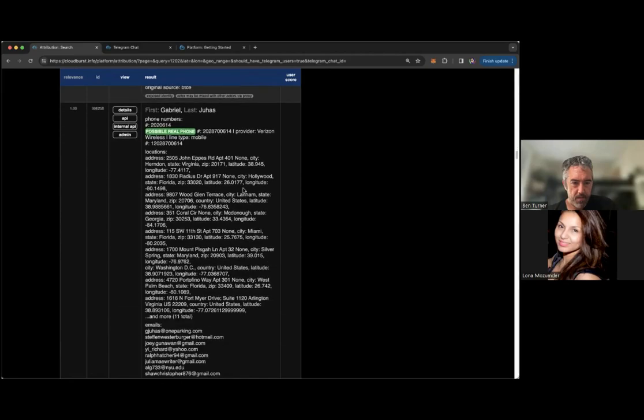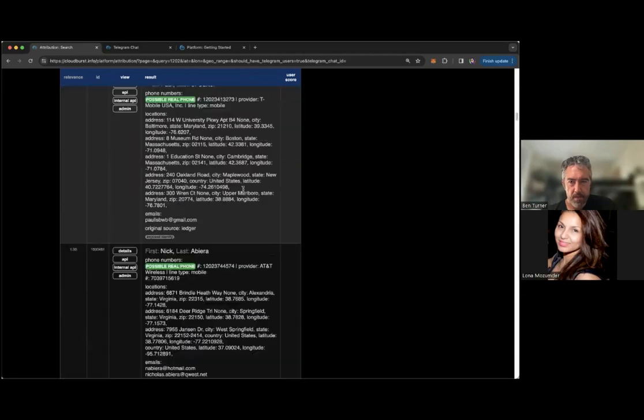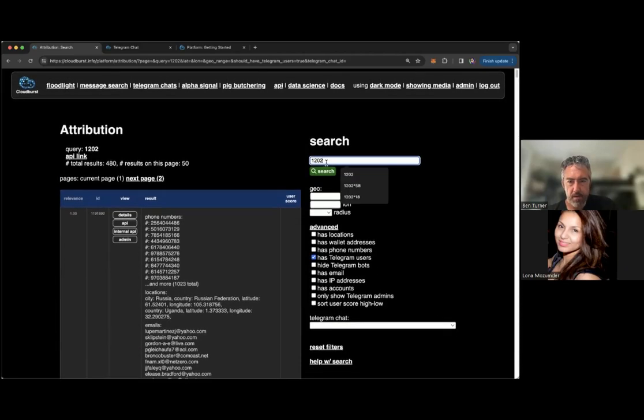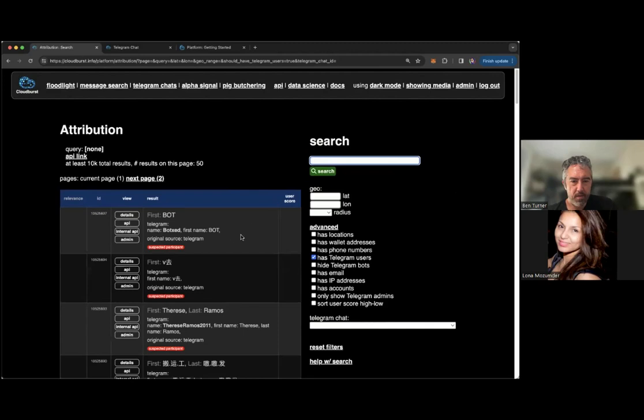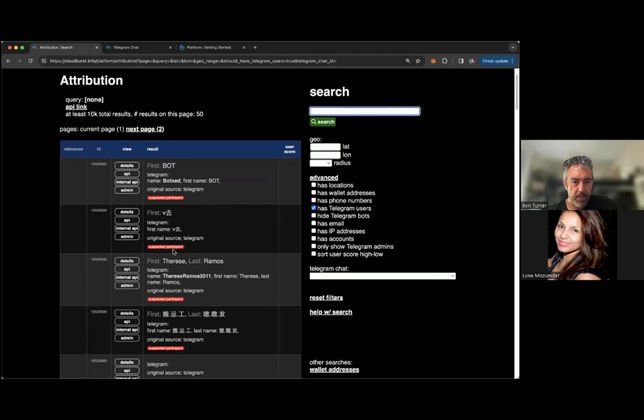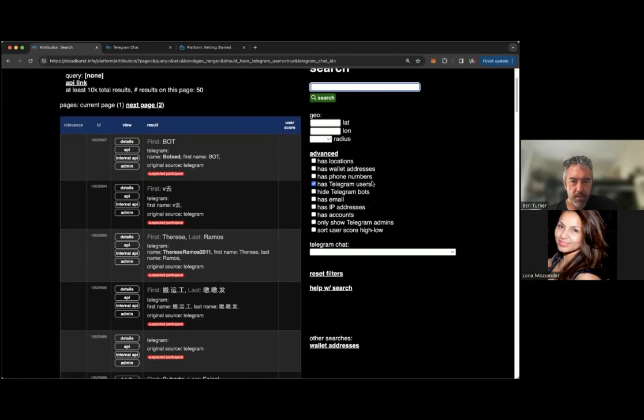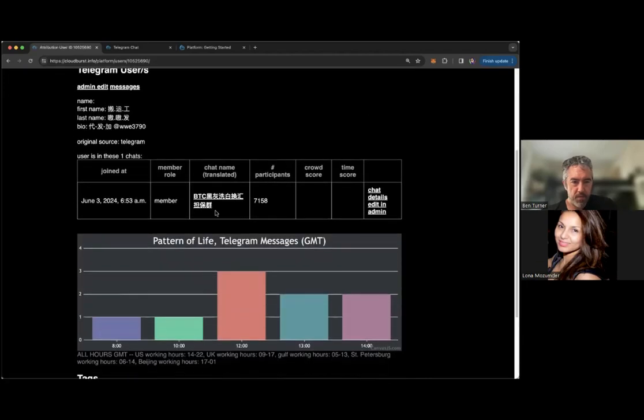So, moving on from that, if I were to just remove this and let's see what we get. Yeah, here's some more users just by looking for Telegram users. And let's look at this person. They're in one chat. It's a BTC chat.